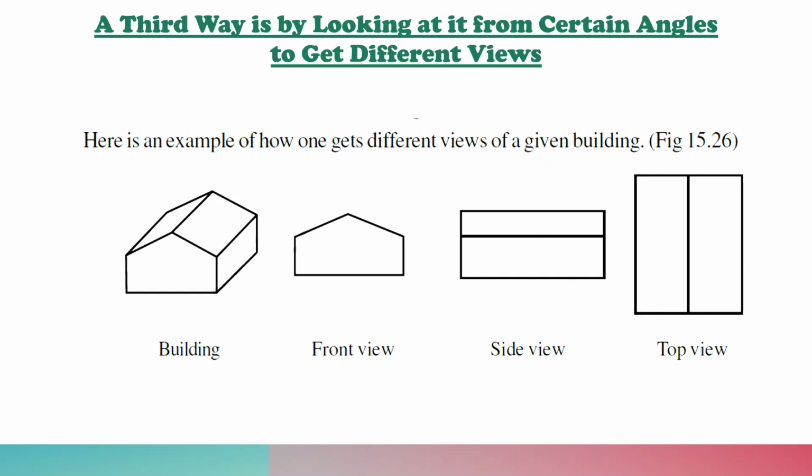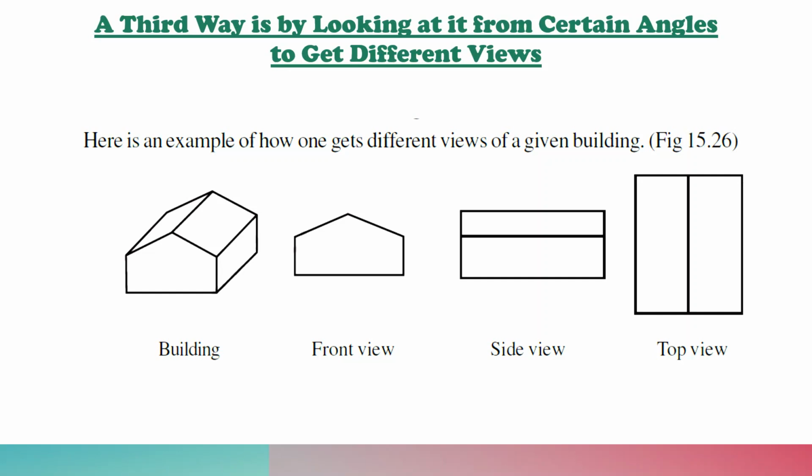And when you see it from the top, you will see that two rectangles joined each other and equally distributed. So what we conclude from here is that when you view the same solid from different angles, you will find different views of the same solid, or it appears differently when you view it from different angles. So from the NCERT only, there is a "Try these" question.